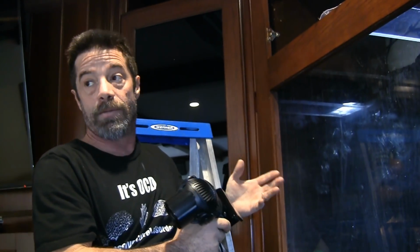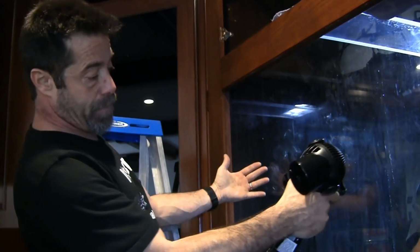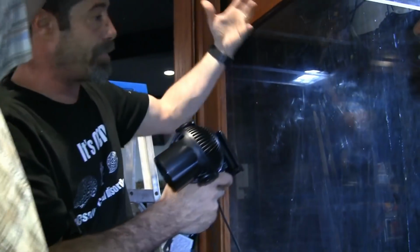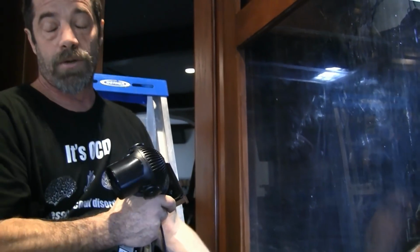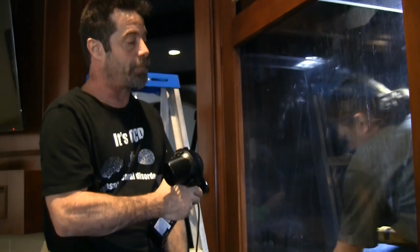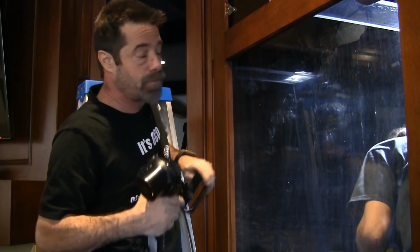These will get mounted inside, and we're going to aim the flow forward. They'll be controlled by the Apex, and I'm going to program the on-off duration so it creates a really hard current back and forth against the glass, and the water from each end will crash into the front viewing pane and go back. It'll go up and down and create flow across the entire tank. At the same time we've also got a Reeflow Hammerhead acting for closed loop duty at the bottom, so we'll have really good flow at the bottom. We'll have the Tunzes creating a lot of flow through the middle and the upper and lower parts of the tank, and then we also have the return lines coming into the surface. Between all of it, we'll have upwards of about 20,000 gallons an hour worth of flow from these pumps, between the two Tunze